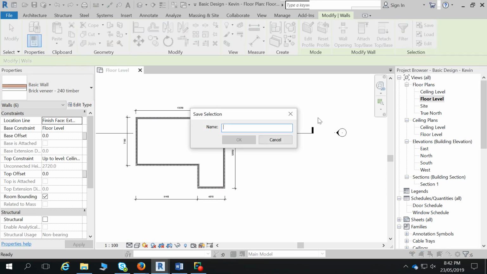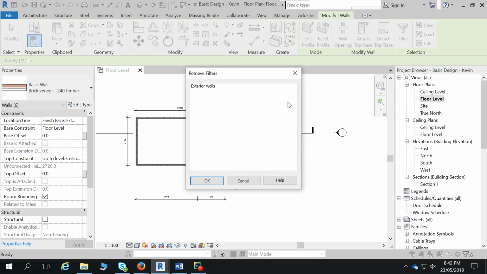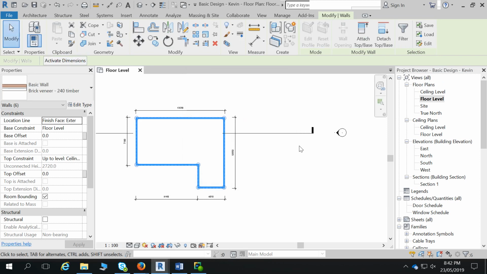So you can save the selection. I've already got exterior walls in there, and then you can load that selection later. I used to use it a lot for drawing window schedules, drawing an elevation. I used to save my selection as the text, and then I just copy it across every time I would say, the number and things like that. So the save selection is a handy tool,